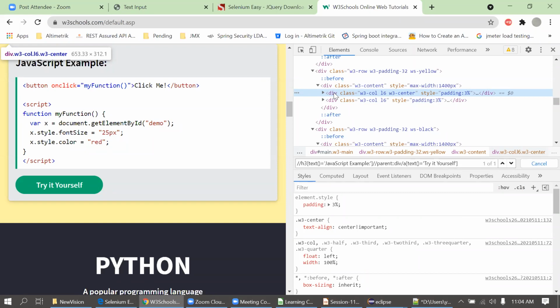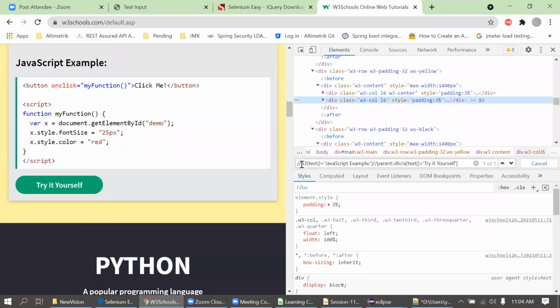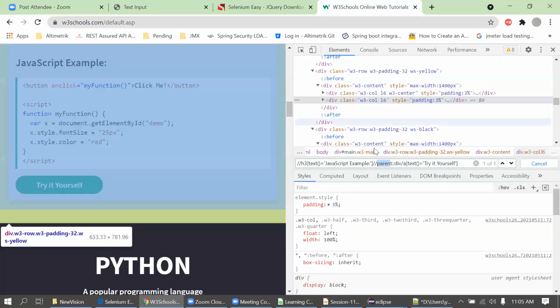We use double slash for navigating to the parent division? Double slash is not navigating to the parent division actually. Again, you are confused here. Actually, I have used parent, that's why it is navigating backward to the previous parent, previous division.